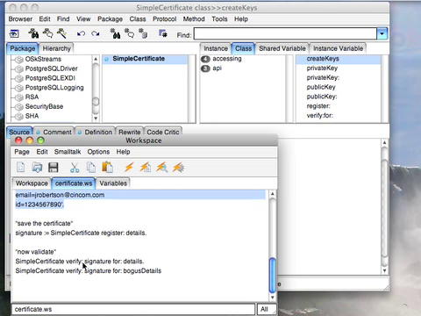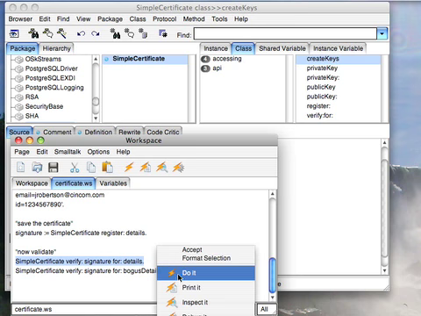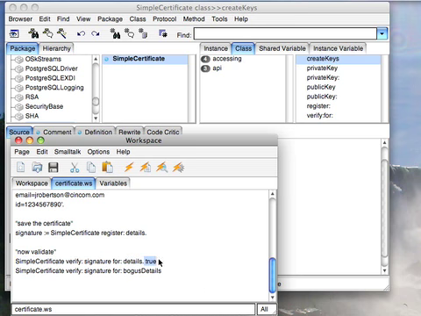And we'll try two things. First, we're going to try to verify my existing details with the signature that I saved, and that's because I made sure it comes back from this method call. So I'm going to do a printIt on this, and it should validate that is accurate. Now let's try to have it validate these bogus details, and we'll do a printIt on that, and you see